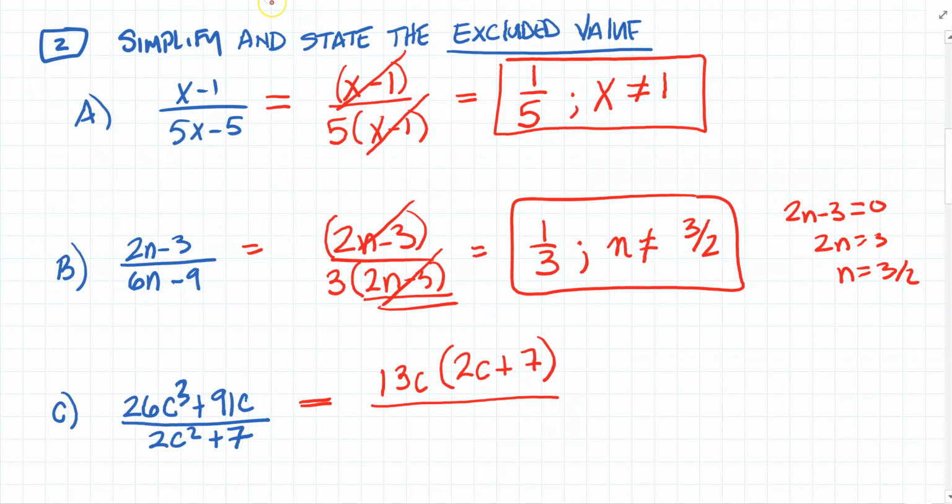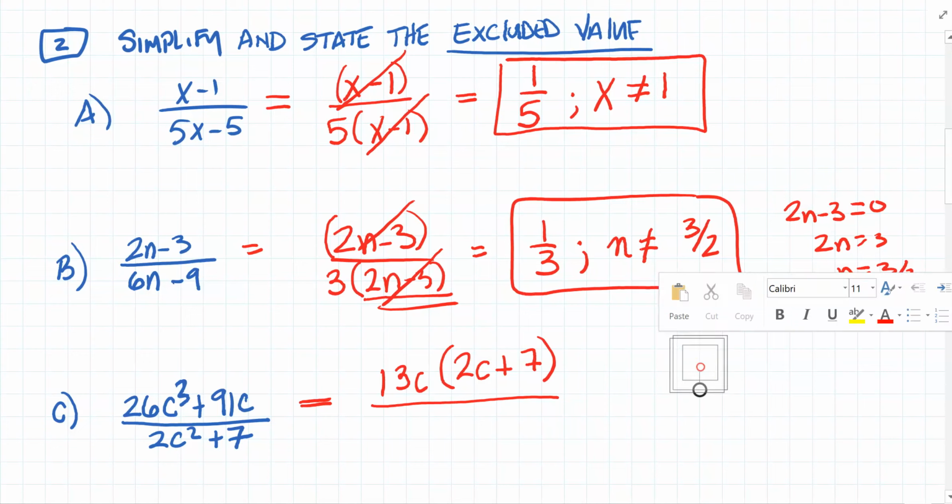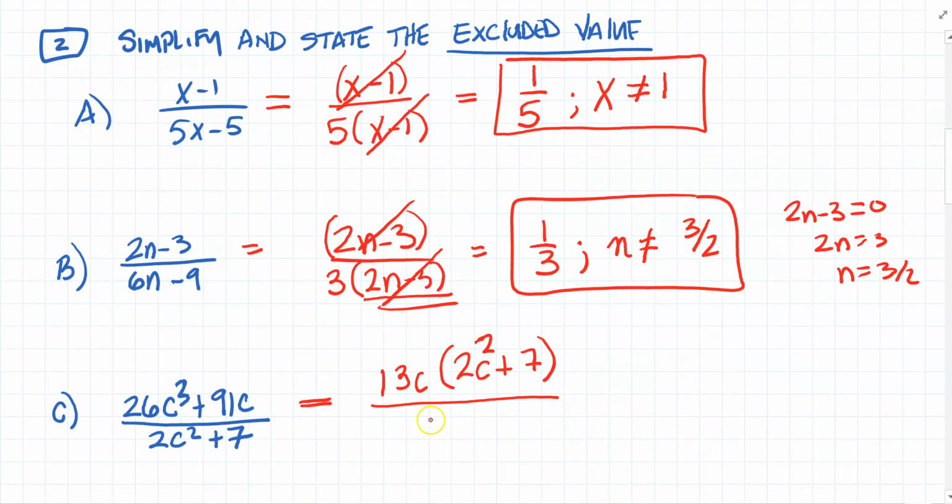Okay, sorry, I wrote the problem down wrong. This should be 26c cubed, which would leave me with a 26c squared right there. Or 2c squared, and this would obviously be a 2c squared plus 7. Okay, there we go. Again, the whole point of that is to show you that that term can now cancel out. So I'm left with a simplified version of 13c, provided that c is not equal to,